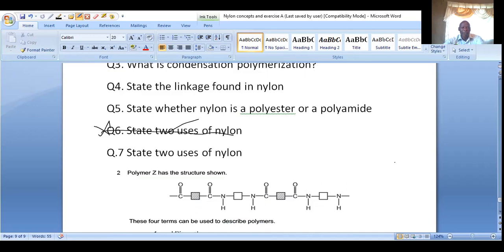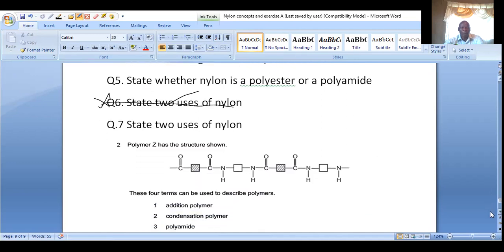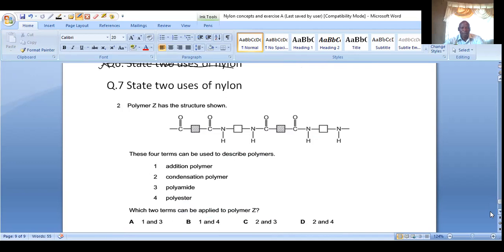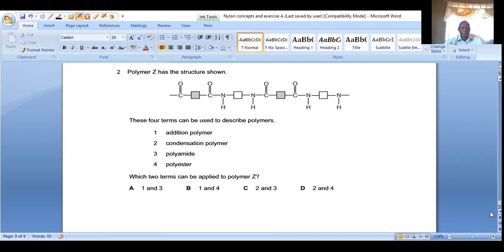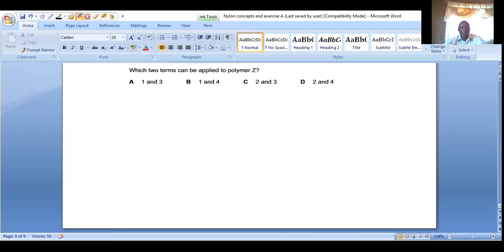Polymer Z has the structure which is shown here. These 4 terms can be used to describe the polymer: addition polymer, condensation polymer, polyamide, or polyester. Which 2 terms can be applied? So this is the exercise that you are supposed to do, and then you'll be able to